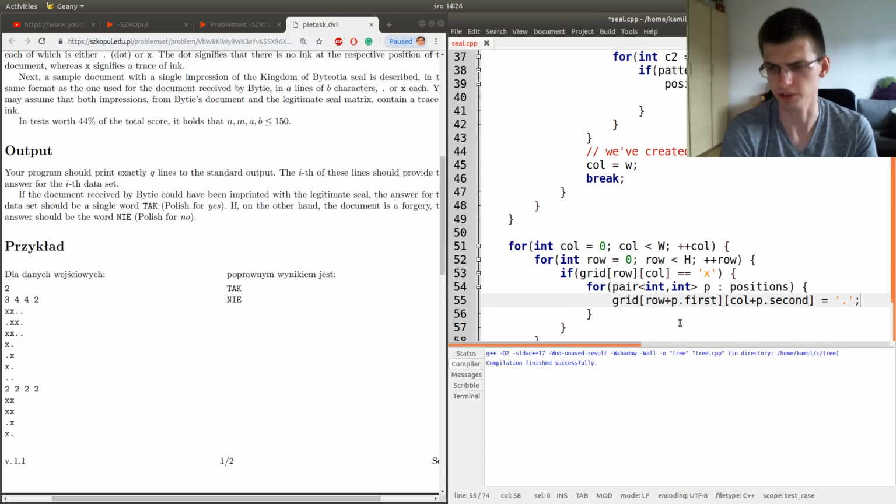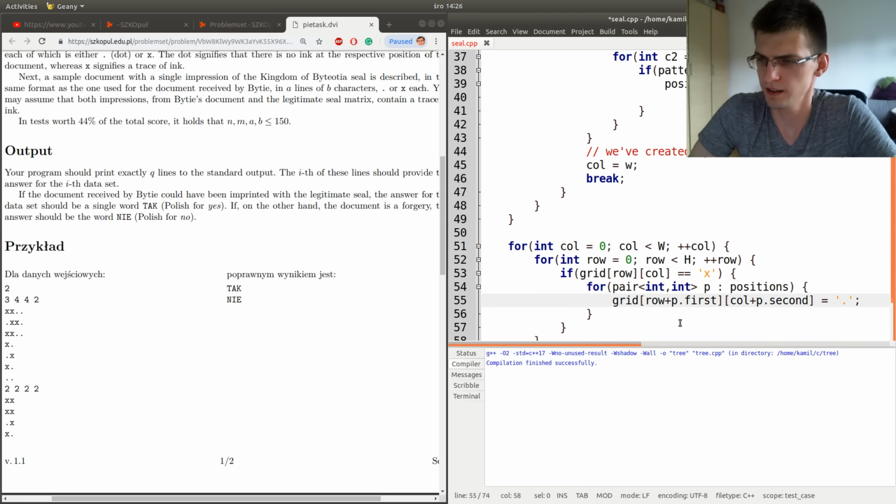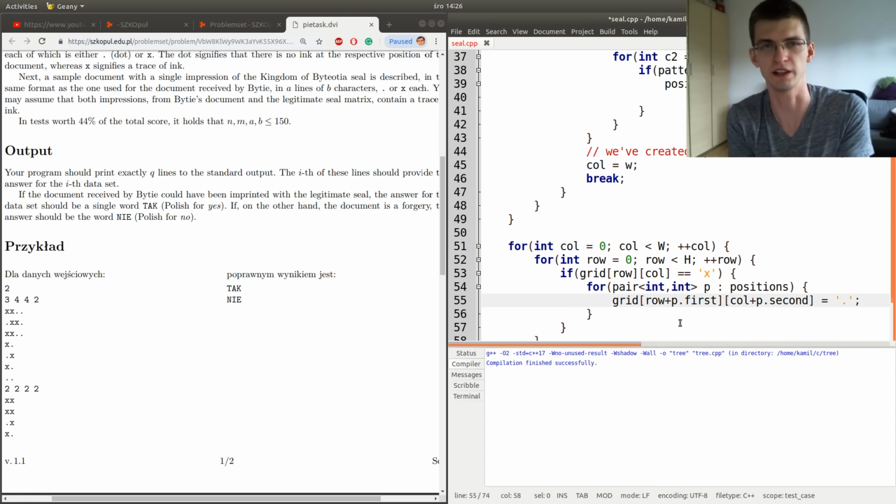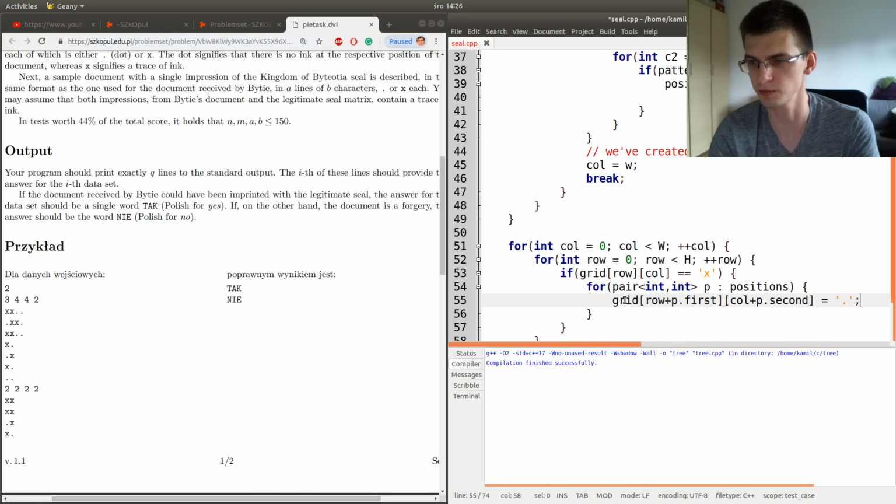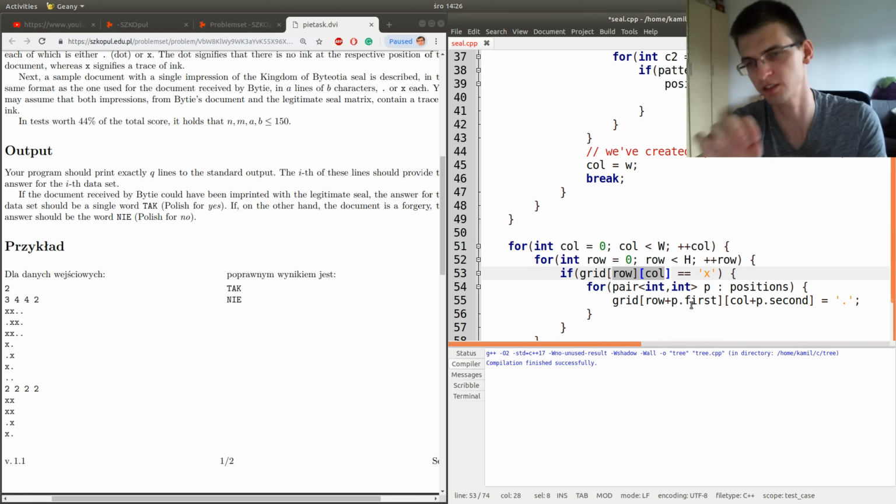And there will be some issues with that. It's correct in terms of putting the pattern in a wrong place. So we start from position row col, and every respective vector from this cell, we turn off.